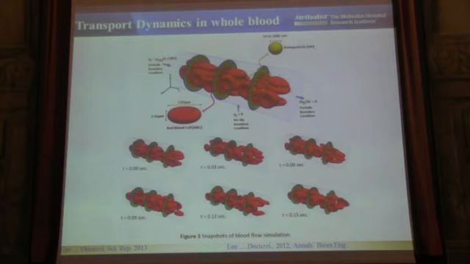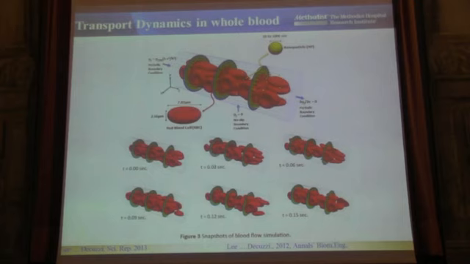So we have been using this quite sophisticated finite element model. It's called an immersed finite element model. But anyway, it is a computational model that allows us to model the transport of red blood cells in a capillary, and most importantly, the interactions that nanoparticles will have with these red blood cells and with the flow within the capillary. And so, different snapshots and so on. So what you can do, you can have particles of different sizes. In particular, we have been studying the range between 10 and 1,000 nanometers, and you can